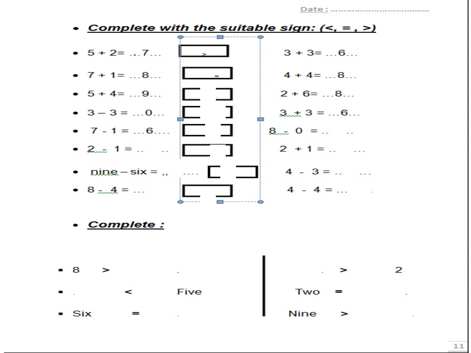7 minus 1. In subtraction, as we know, we count from small until we reach the more. After 1, 2, 3, 4, 5, 6, 7. So the answer will be 6. 8 minus 0, it will be 8. 2 minus 1. After 1,